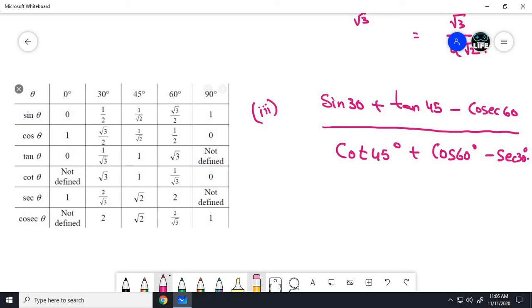So friends, first find what is sin 30. Sin 30 is 1 by 2, plus tan 45 is 1, minus cosecant 60. So what is cosecant 60? It is 2 by root 3,